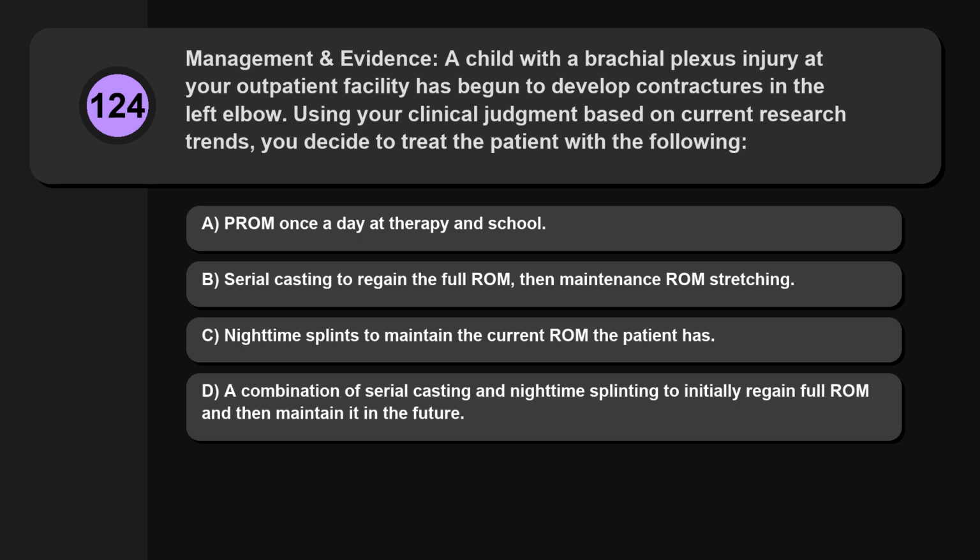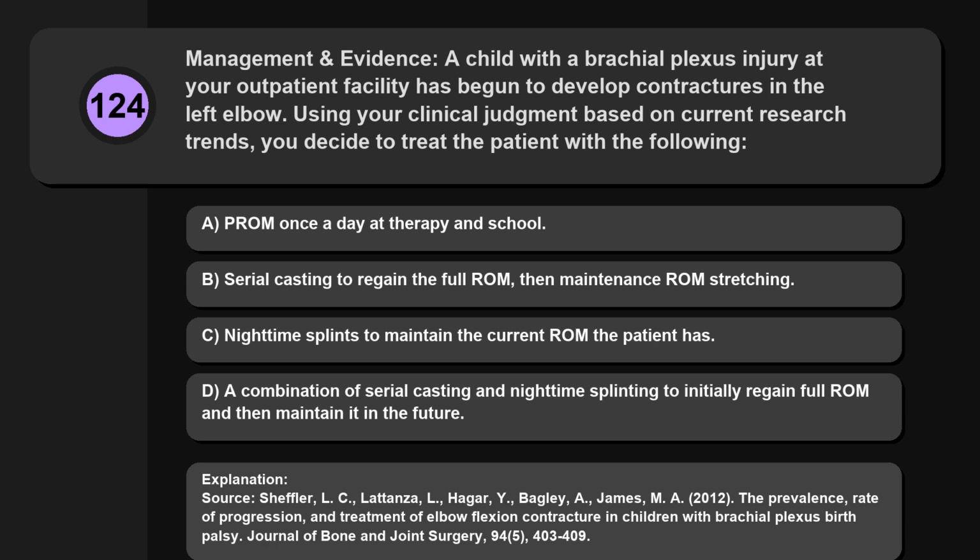Option A, PROM once a day at therapy and school. Option B, serial casting to regain the full ROM, then maintenance ROM stretching. Option C, nighttime splints to maintain the current ROM the patient has. Option D, a combination of serial casting and nighttime splinting to initially regain full ROM and then maintain it in the future. The correct answer is option